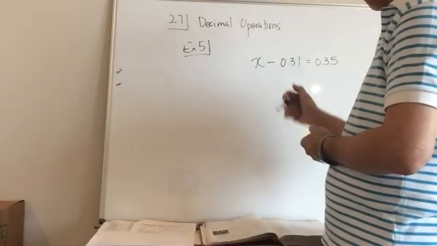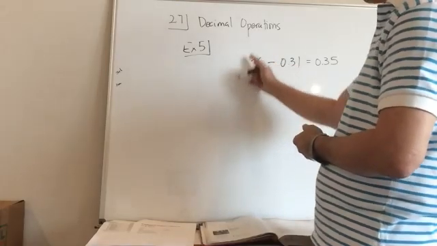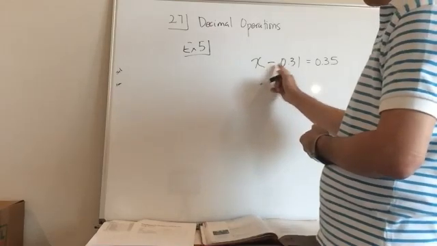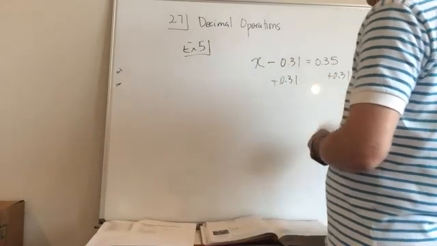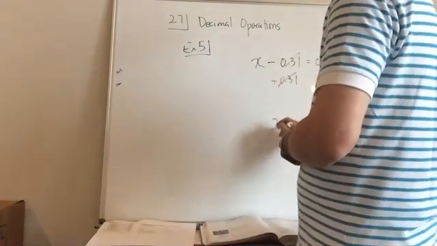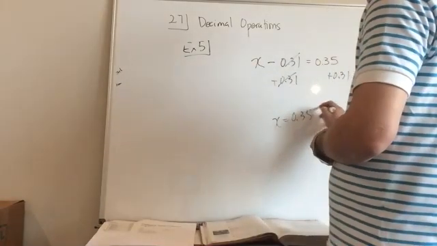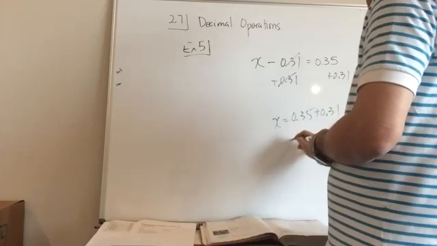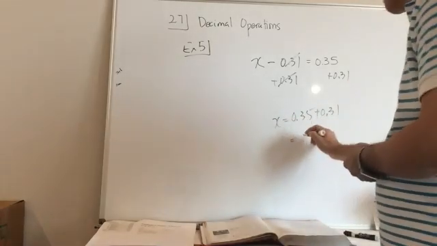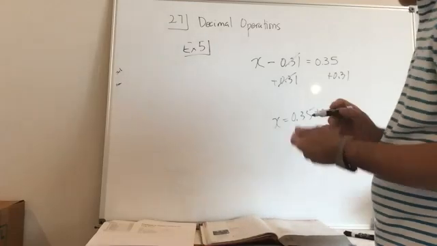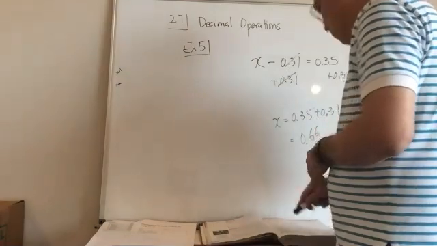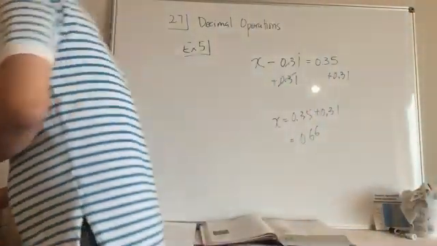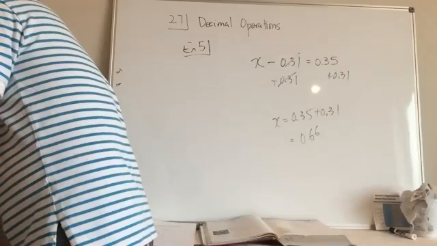Since we want to isolate the x, we want x by itself, and it has this minus 0.31, we're going to add 0.31 on both sides. So this and this cancel out. x is equal to 0.35 plus 0.31, so it's going to be 0.66. So that's your answer, 0.66. All right, so we're done with 2.7. I've covered everything that you guys need for 2.7. Are there any questions of what we've